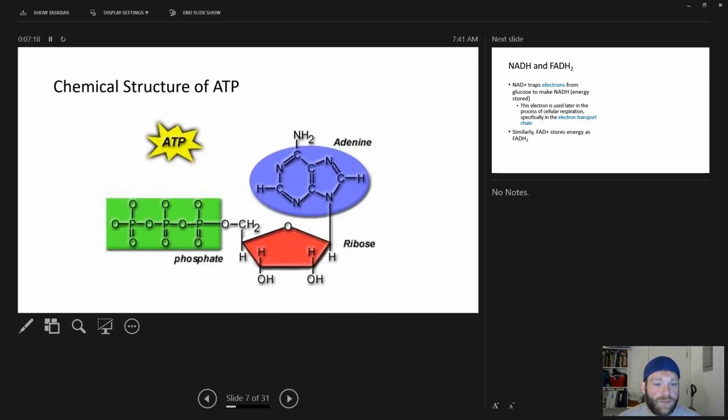All right, so let's look at ATP chemically, much more zoomed in. I want you to be able to recognize this molecule if I gave you the molecular structure of it. Since it's a nucleotide, nucleotides, remember, always have 3 components: your phosphate group, your ribose sugar, and then your nucleotide base. In this case, it's adenine as our base. You've got these 2 rings here that form this adenine structure. We know it's adenosine triphosphate because we have these 3 phosphate groups on here. If we take one away and break this bond, then we're going to release energy